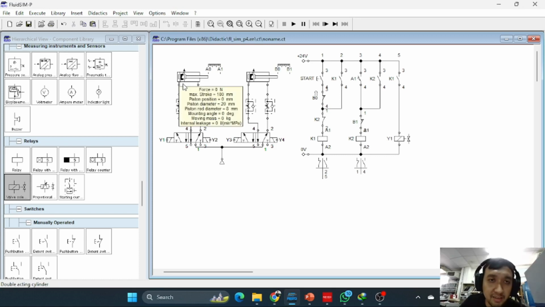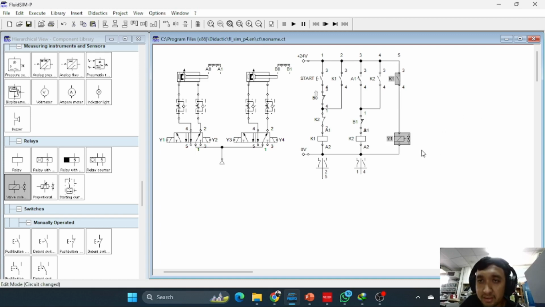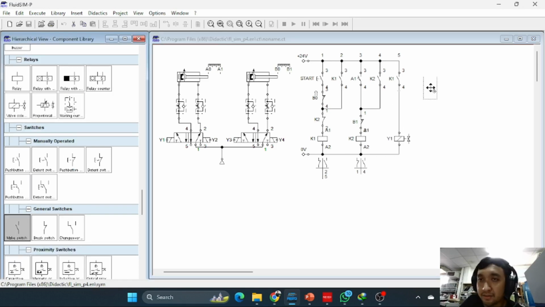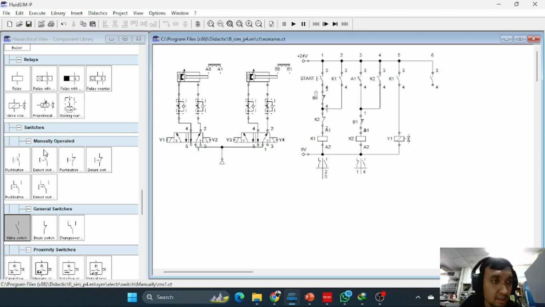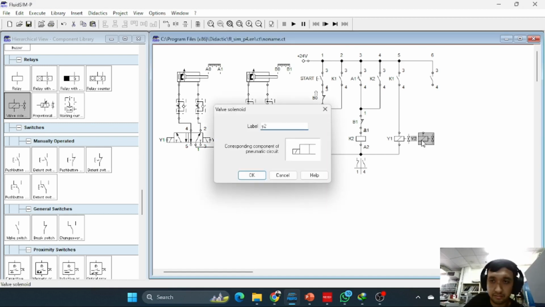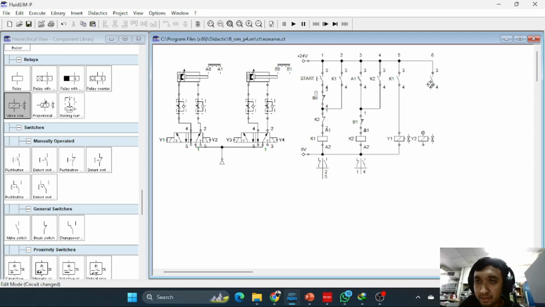After the cylinder reach A1 position, we need activate the Y2, so we can draw the next line with start with switch K2 here, so the K2 will activate the Y2, and Y2 here, we can put Y2 here, Y2, and it can be connected here with this. Okay,